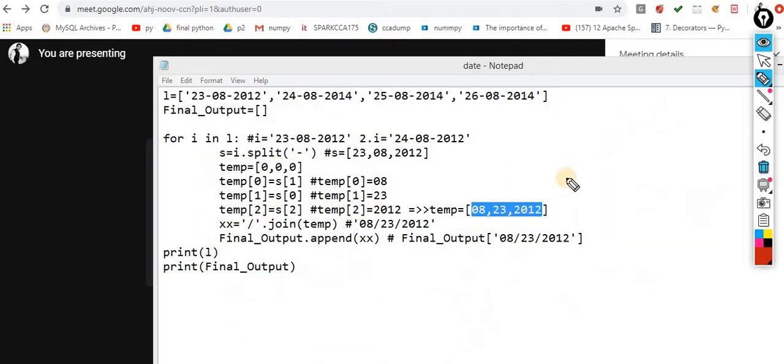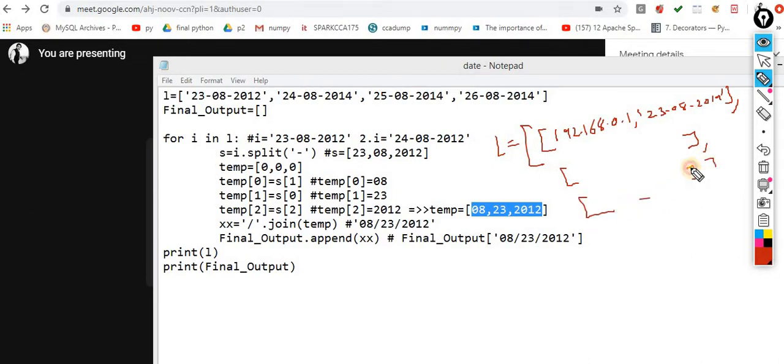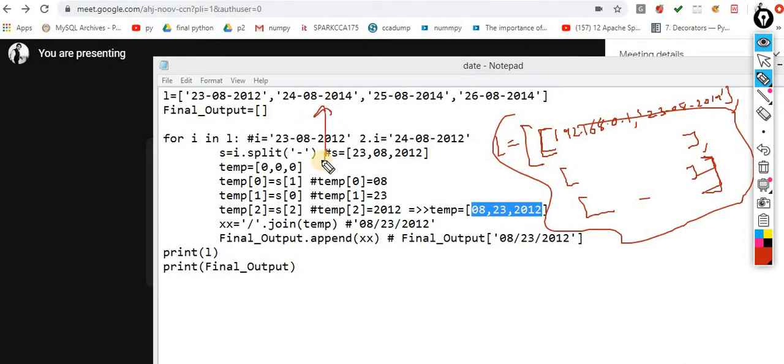Because if in a second example I give you this, now what will you do? Now I am getting your IP address, and I am getting your date format. Now what will you do? This is one person, again this is the second person, again the third person. Now what will you do? You have to think something extra, because this concept is called inner list. Later on we will understand what exactly the inner list is, but for this point of time just focus on this.